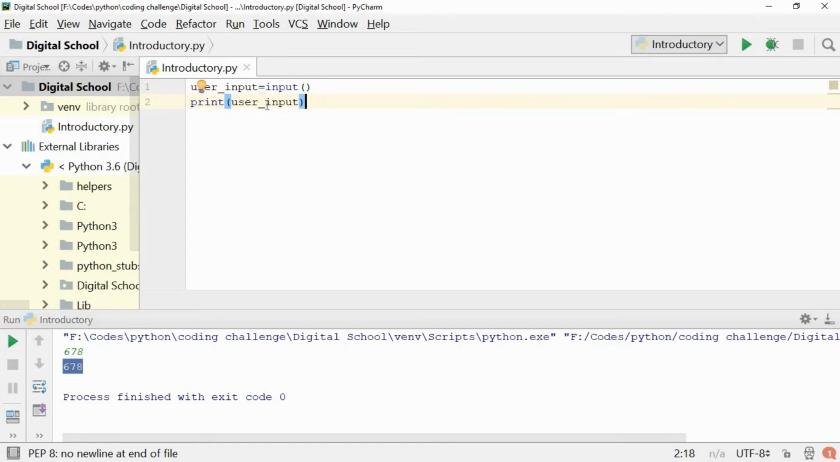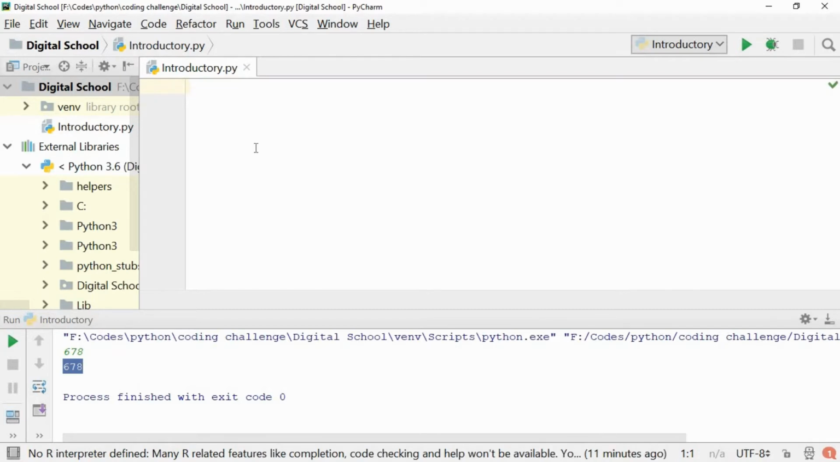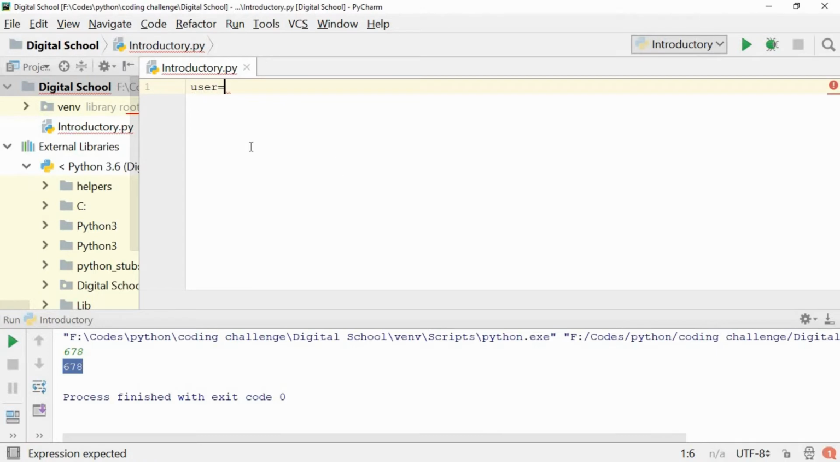So what if I want the user to give integer input only, and if not, it will show an error. It will not show an error. It will actually convert anything you give into an integer. So what will happen is, if I type in user